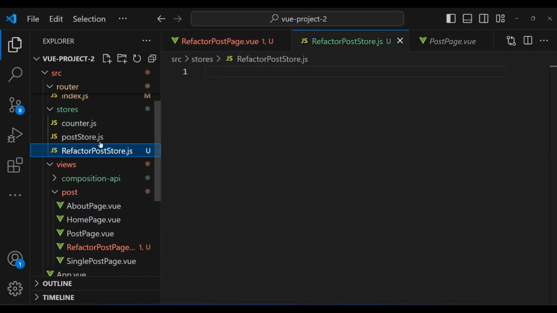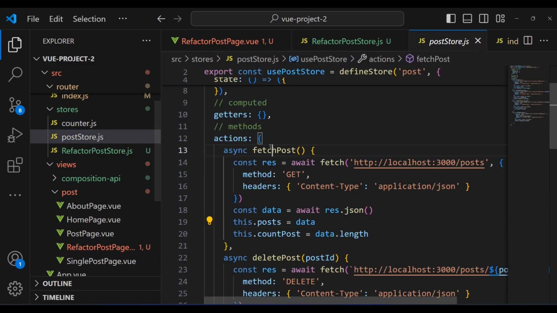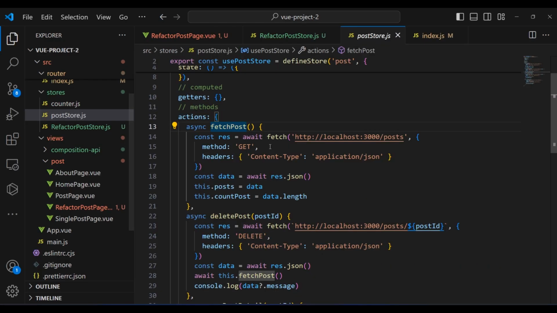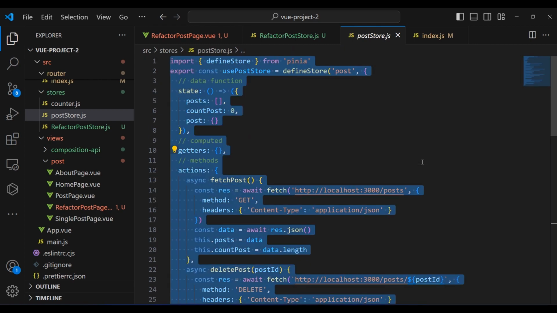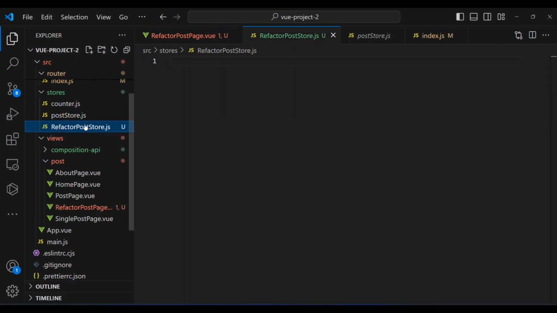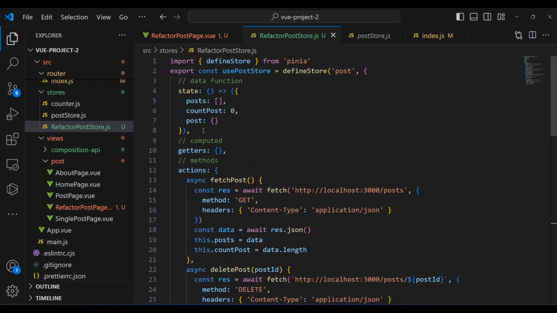And within the stores folder, I'm gonna copy the stuff that we have in the PostStore, and then paste it into the RefactorPostStore. And then here, I need to change the name. Here, I'm gonna pass useRefactorPostStore, and right here, I'm gonna pass Refactor